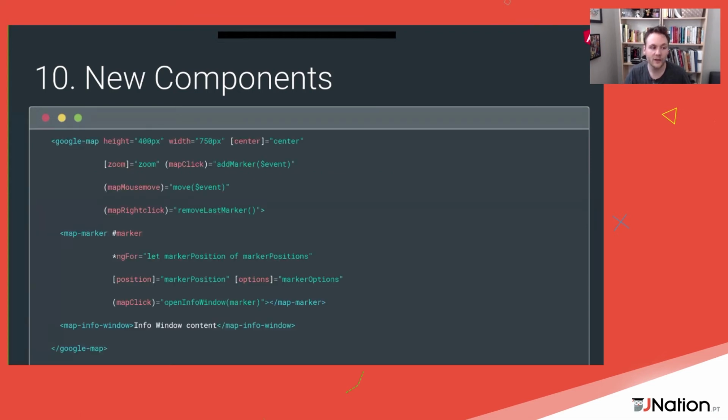The other component that I want to call out is we've released a bunch of Google Maps components. These have a lot more functionality than the YouTube component, because you can, for example, create a Google map, and then within that map, you can offer a bunch of map markers. And the nice thing here is it gives you APIs that look and feel like Angular, right? You can bind to events, you can listen to those events, you can bind to properties, you can set